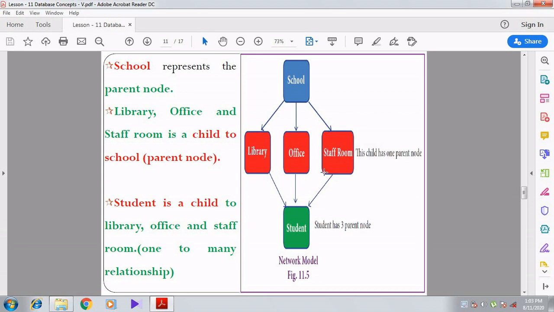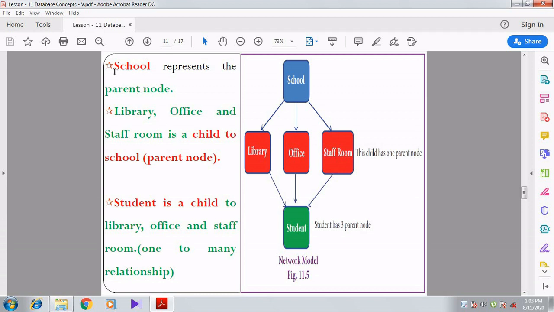Can you understand, students? I think you might have studied this in the 11th standard as multiple inheritance. Do you remember that? Multiple inheritance means multiple base classes, only one derived class. That is what they used to call multiple inheritance. So here it means the same. The network data model also represents the same.